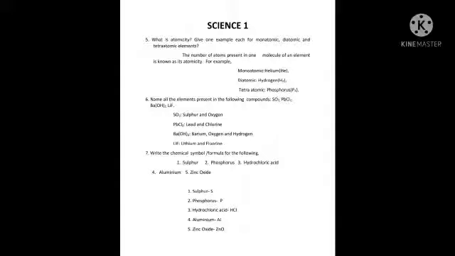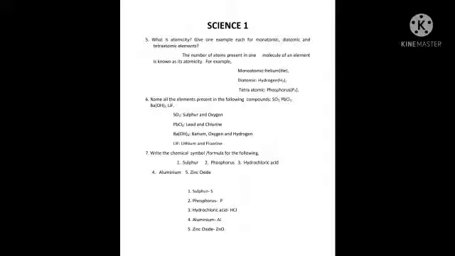Hydrochloric acid, HCl. How will you write that formula? H should be capital letter, then C should be capital letter, and l should be small letter. Okay, so that is l. Okay, HCl. Then aluminium, Al. A should be capital letter and l should be small letter. Zinc oxide, ZnO. Z capital, n small letter, and O should be capital letter. Okay, so likewise we have written 10 questions, is it, in your booklet? So all those questions you might complete.